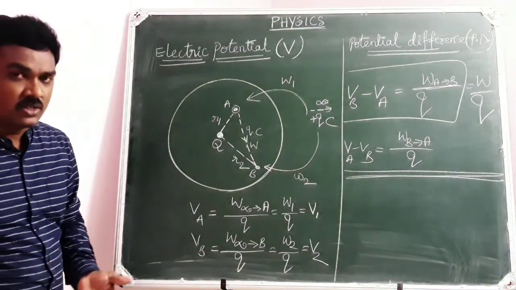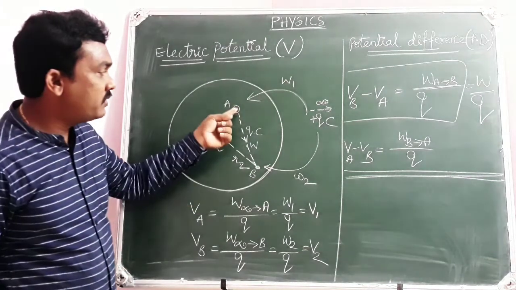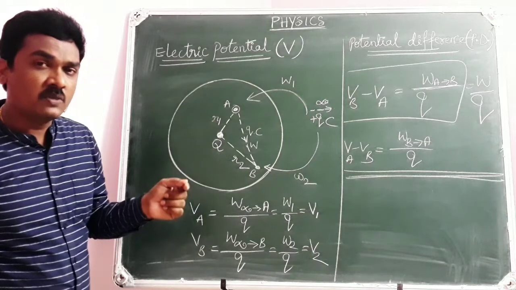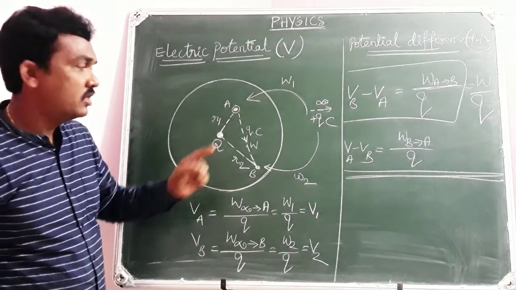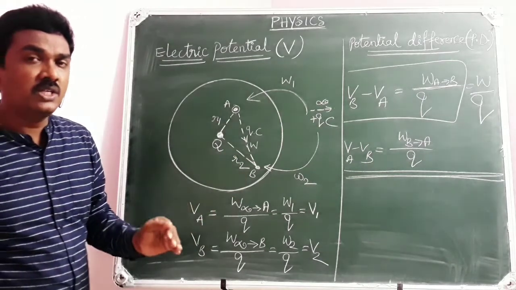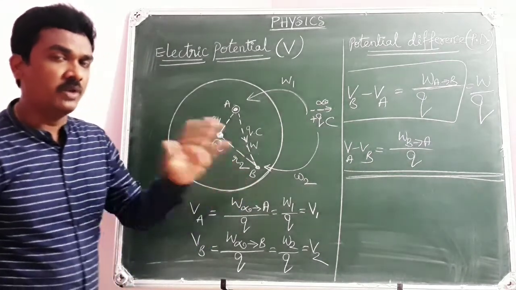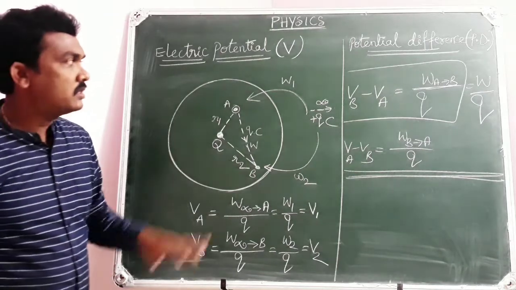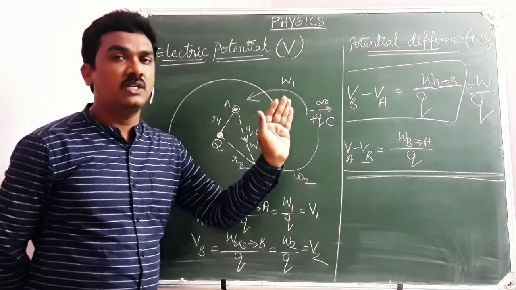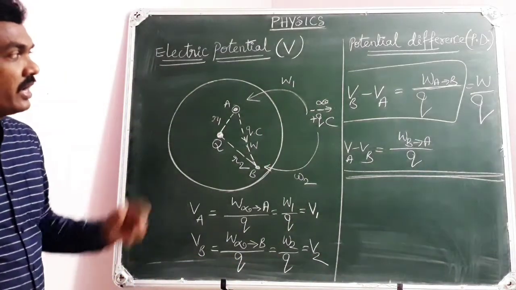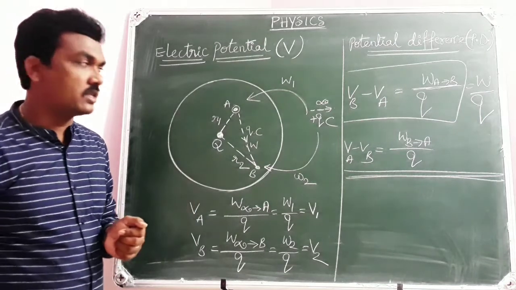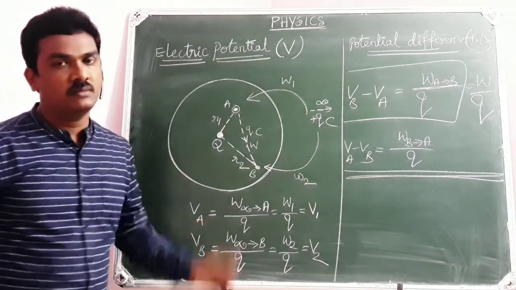Later, potential difference. The potential difference between the 2 points can be defined as the amount of work done to displace 1 coulomb of positive charge between 2 points in the electric field. This is the introduction to the concept of electric potential and potential difference. And regarding the potential difference, there is a little more analysis that we need to discuss. First, you note down this.